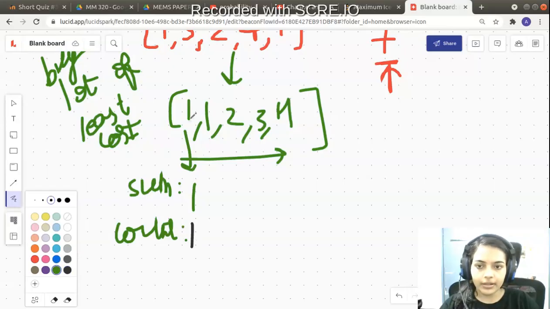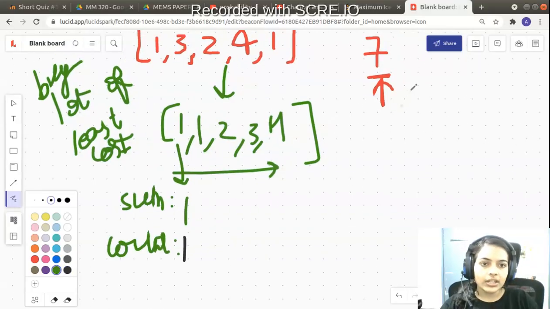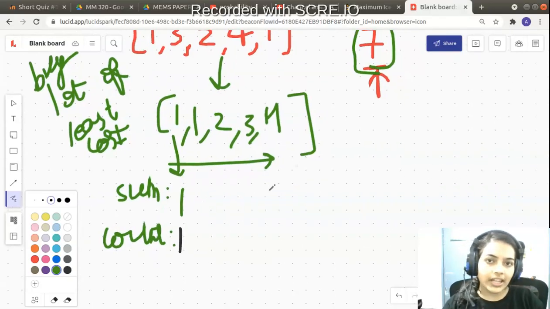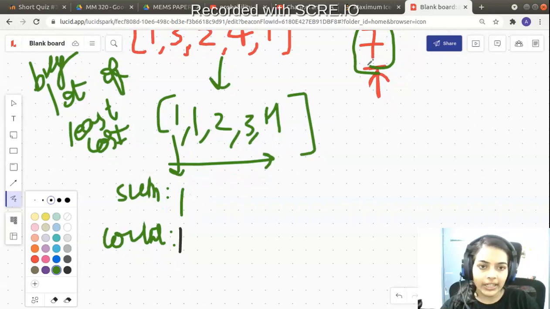Next, when I'm buying, I can buy this ice cream because the amount that I have is 7, and the ice cream bar is costing 1 rupee only. So I can definitely buy this ice cream because I have more money. I have 7 rupees, and I have more money than the cost of the ice cream bar, right? So let's go to the next one.